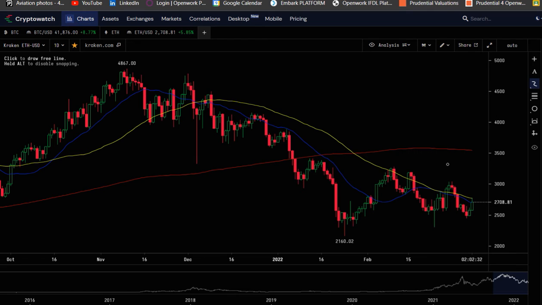Looking at the daily chart of Ethereum, wow, look at this. We hit the 50 MA today and we've bounced off it and started to pull back. So this just shows you the power of the 50 MA. Again, for prices to go higher, what I really want to see is a move above the 50 MA. I want to see price consolidate for a few days above the 50 MA, and then I want to see the 50 MA start to turn upwards.